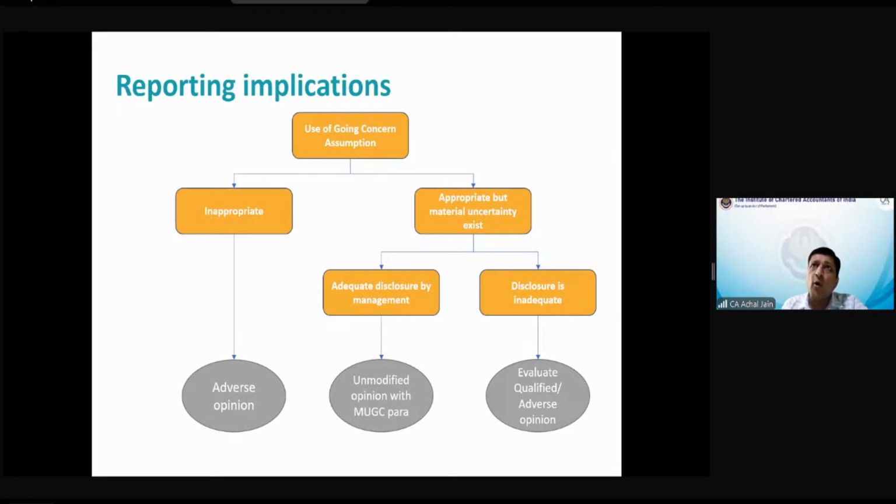Management is keeping all the assets and liabilities at historical cost. So as per the auditor, there are misstatements in all the items of balance sheet. Yes or no? As per the auditor, there is a misstatement in all the items of balance sheet